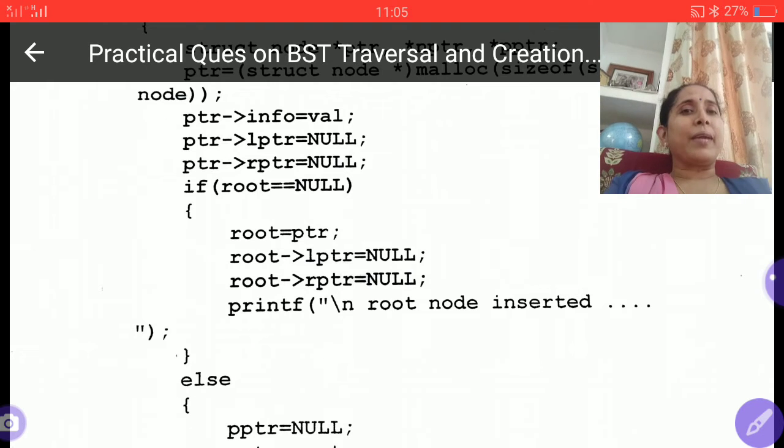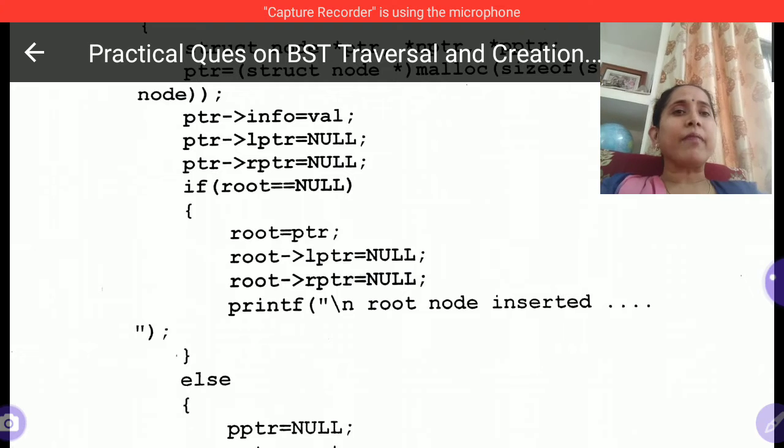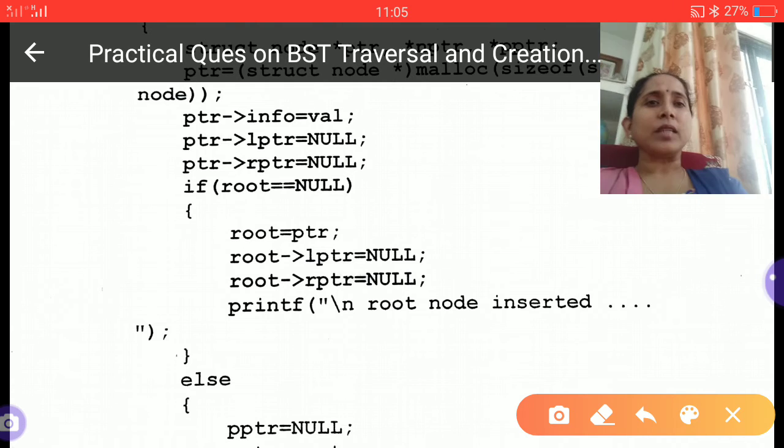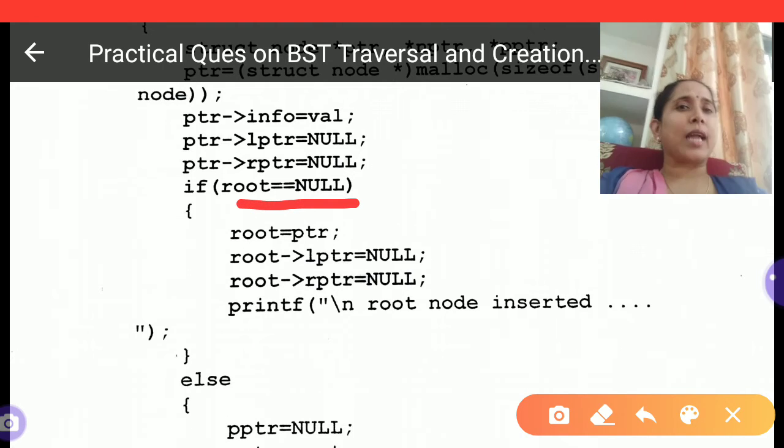Okay, so now this ptr has been created. Where do we attach this ptr? If root is equal to null, root equal to null means the tree is empty.